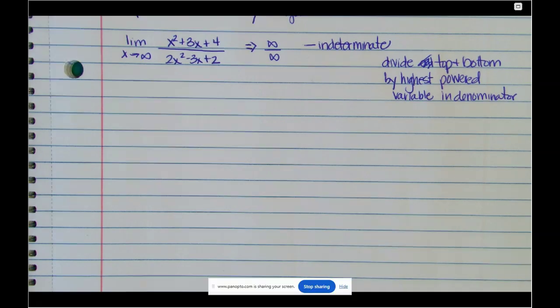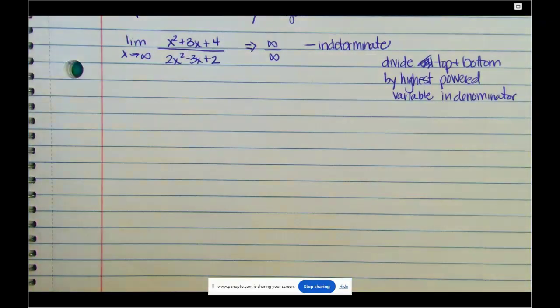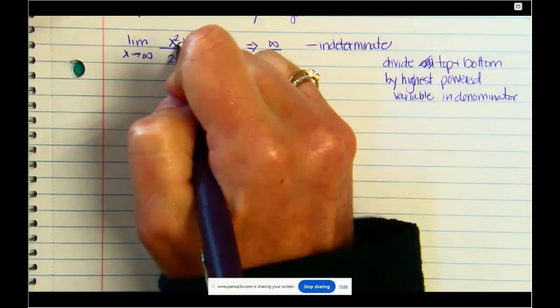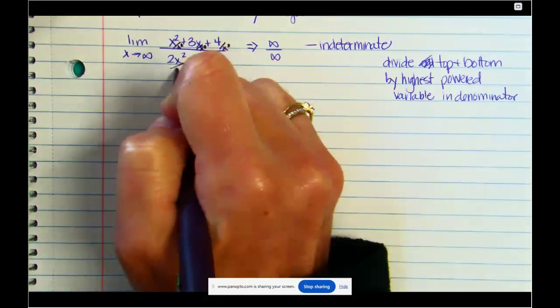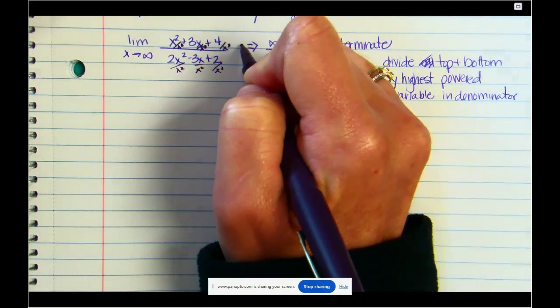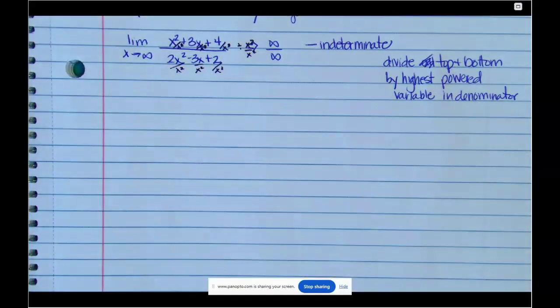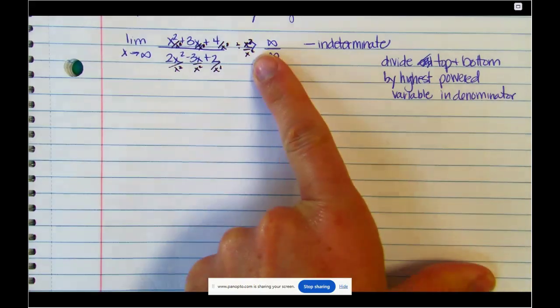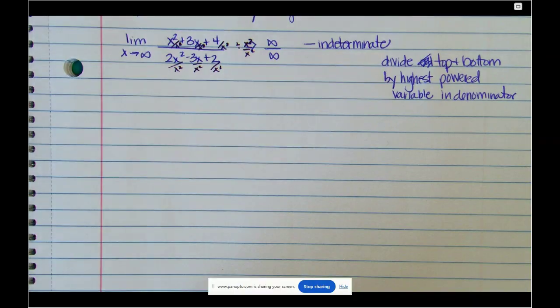Okay, so we're gonna come through and we're gonna divide. You can write this however it makes you happy, okay? I just like to divide all the pieces by x squared. I literally am gonna come through and write all the pieces. If you wanna just write over here, you're dividing by x squared over x squared, because that's what you're doing. That's fine too. X squared divided by x squared is what? 1. And so we're dividing by 1. So this is a legal rewrite.